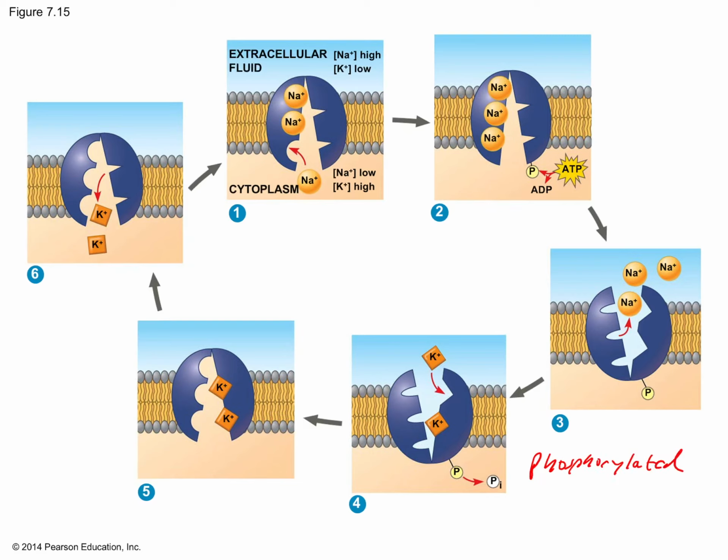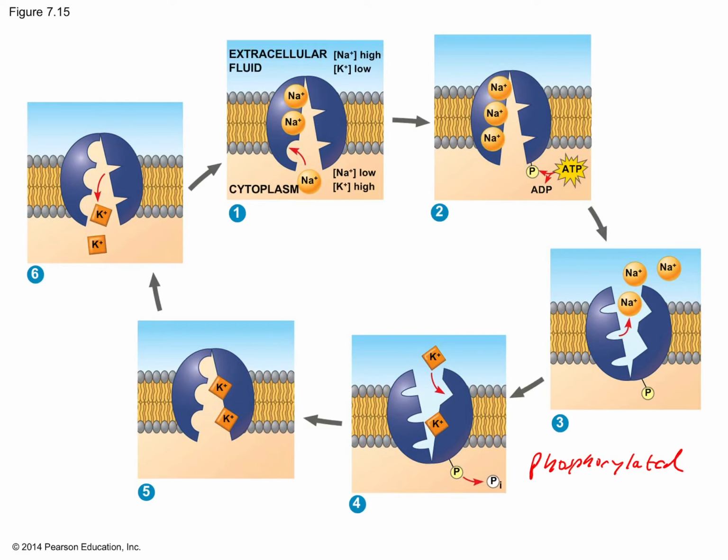Phosphorylated. That just means that it has a phosphate group from ATP attached to it, and now it's higher energy than it was before, or it has more energy. So once the phosphate group attached to it, you can see that the protein changes shape, closes up on the inside, opens up on the outside, and passes the sodium ions to the outside, where they're in higher concentration. So it's using energy to pump those sodium ions from low concentration inside to high concentration outside, maintaining that concentration